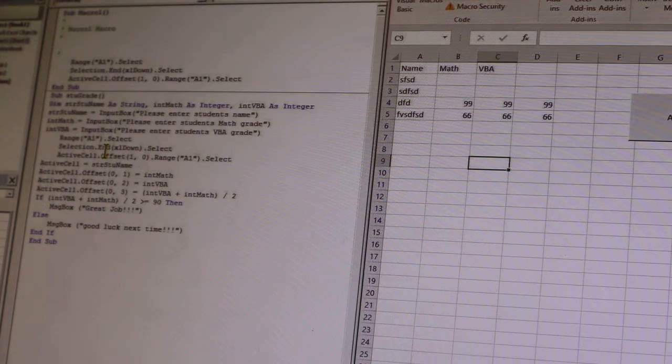A loop is a method to repeat the code over and over again, how many times I want. Now there's two kinds of loops that we're going to learn. The one kind is if I know in advance how many times I want to run through this code. For instance, I know I have 15 students in the class and I need to enter every